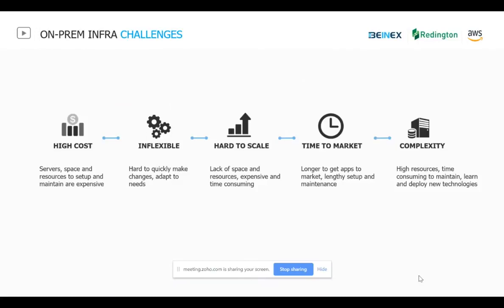So first and foremost, when you are setting up a physical infrastructure, the first thing that will come into consideration will be high cost. You need to be thinking about setting up a physical data center. It should have perimeter fencing.